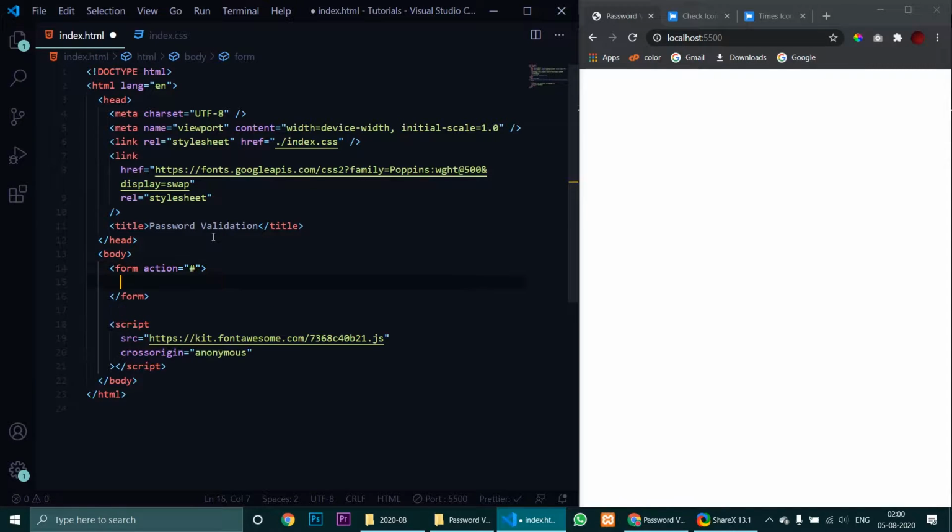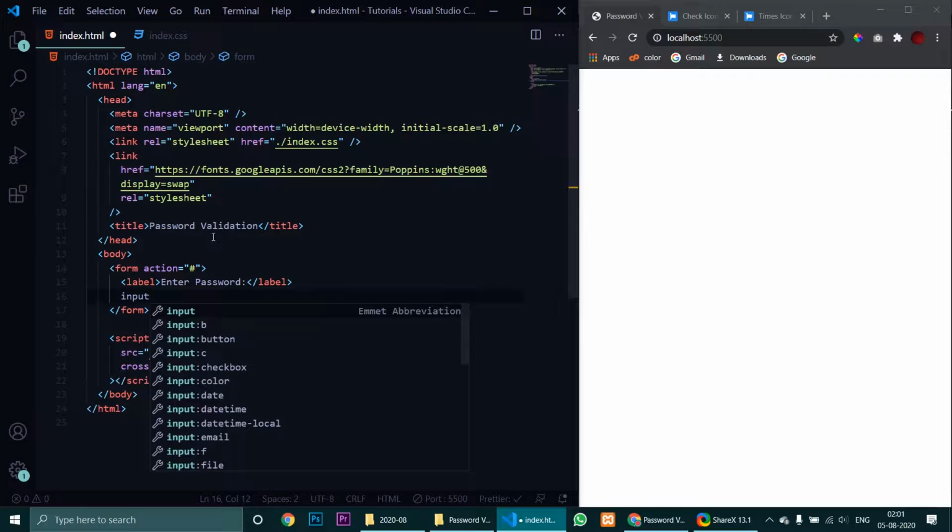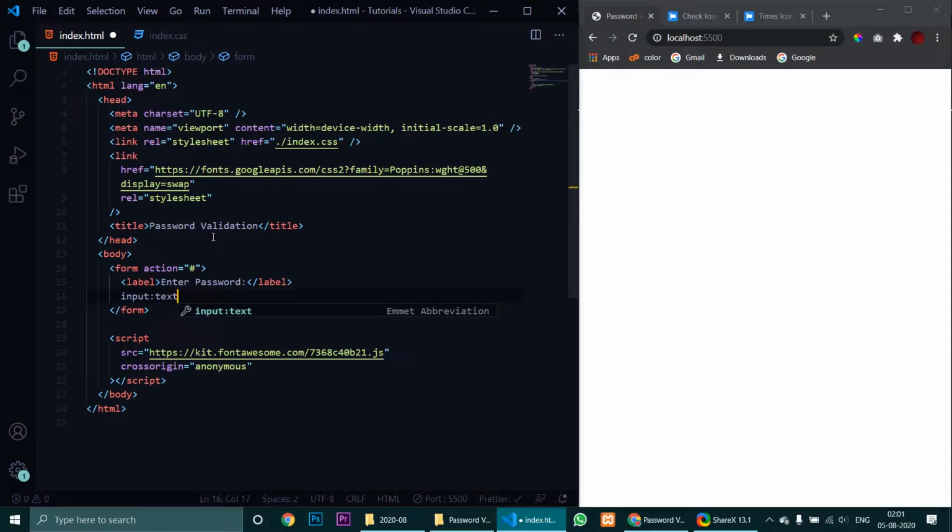Let's give the action to anything. Then we will have a label, enter password. So we will have our enter password over here. Then we will have the input type. So for now I will be using input type text so that you will be able to see what I am typing. You will have password over here. Name, let's give it a name of password. Then we don't need the ID. Let's also give it a placeholder of enter